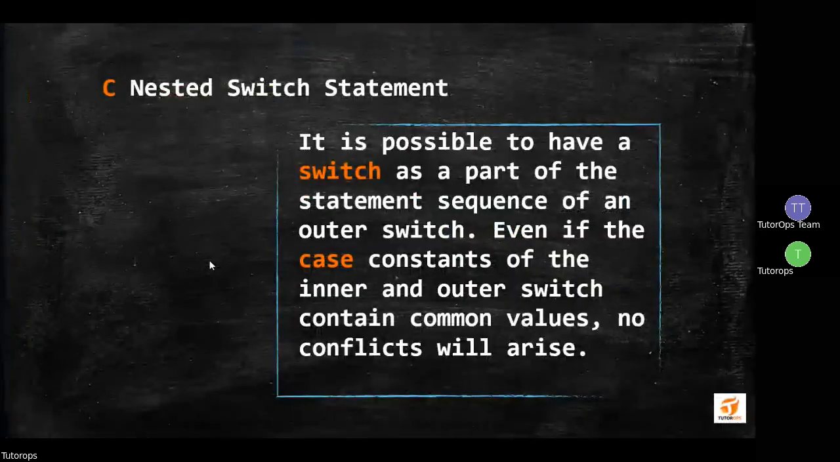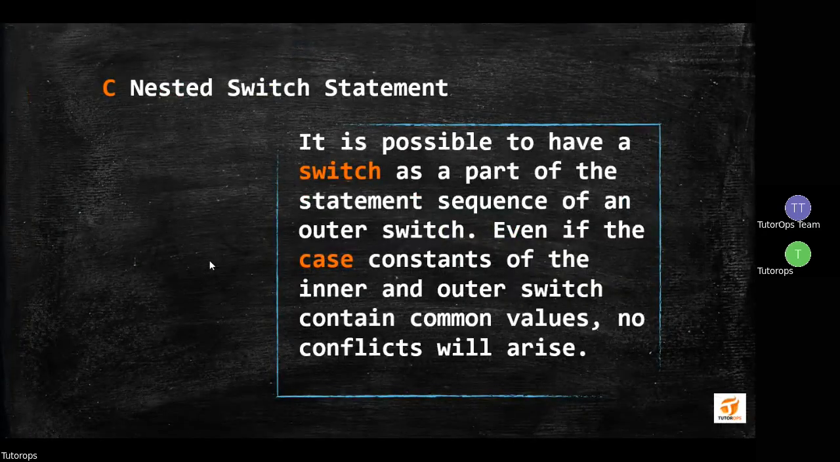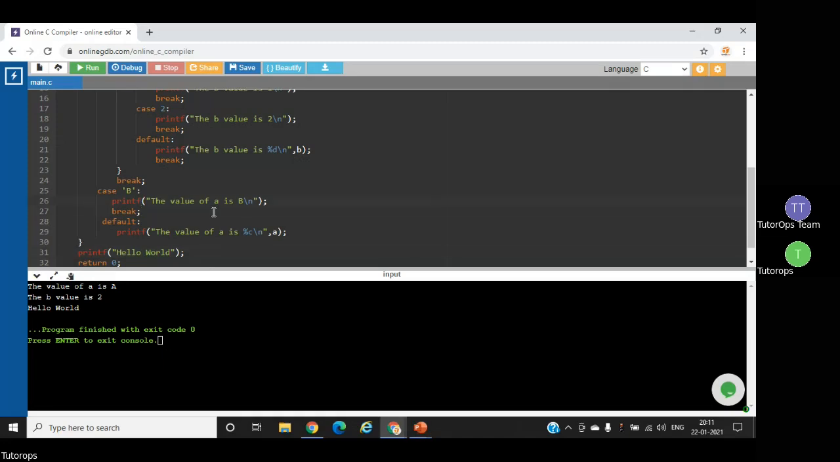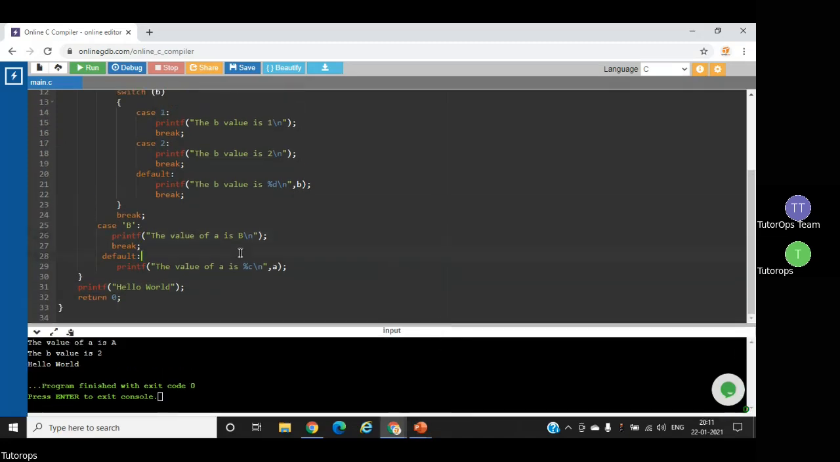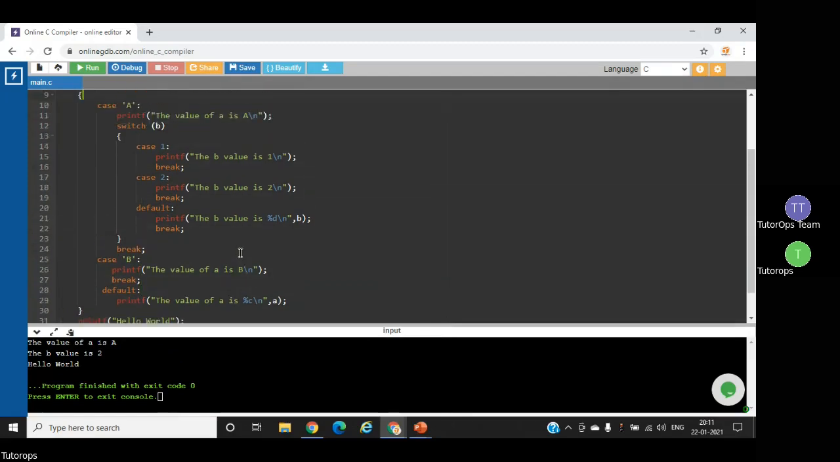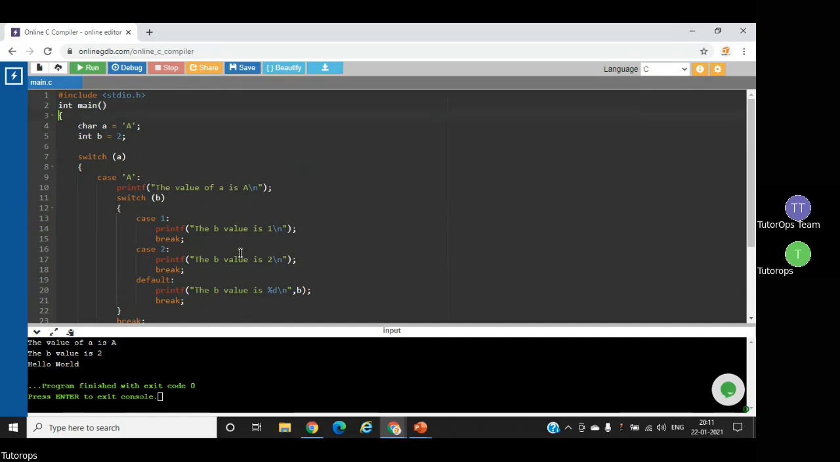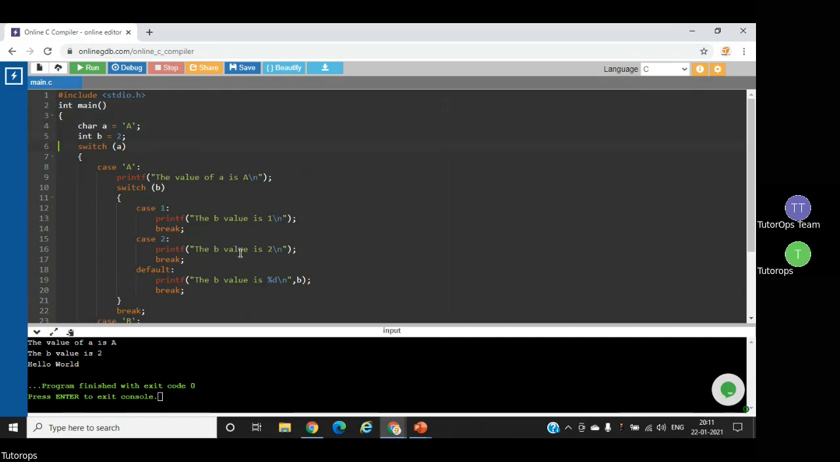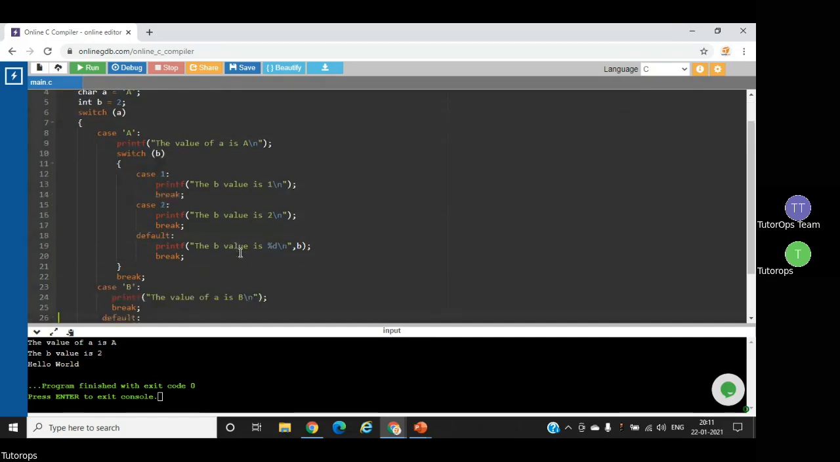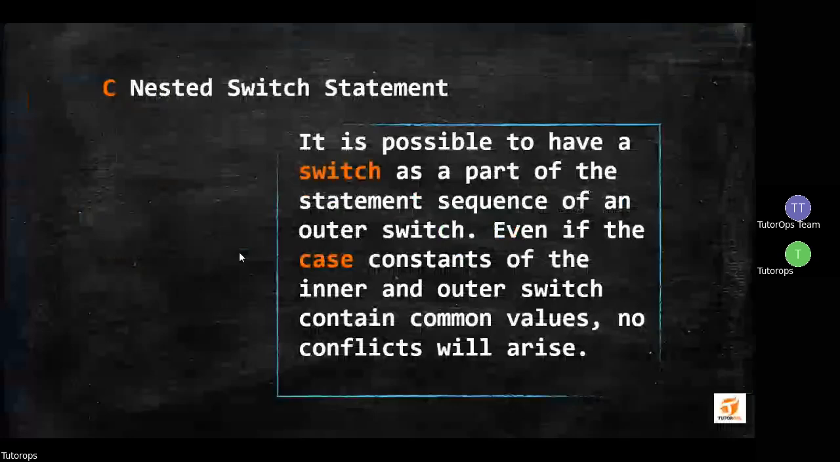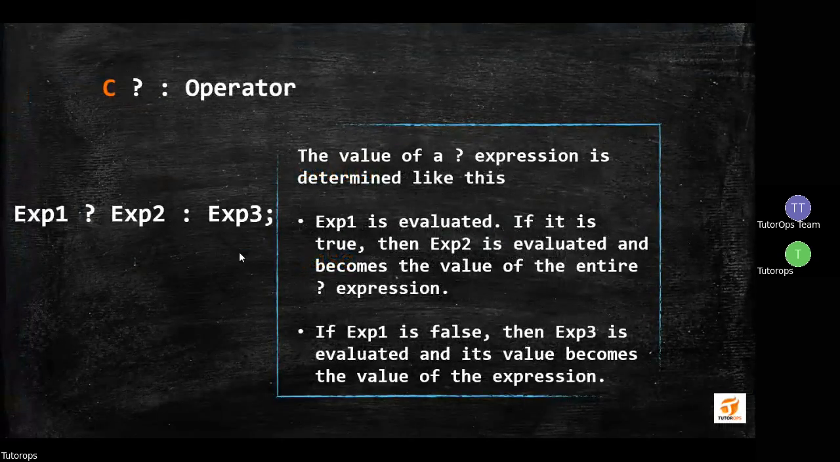So this is the nested switch statement coding. This is the full code of nested switch case. I hope this is also clear for you guys. And now next we will move on to